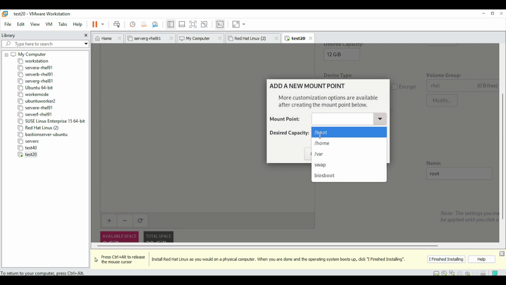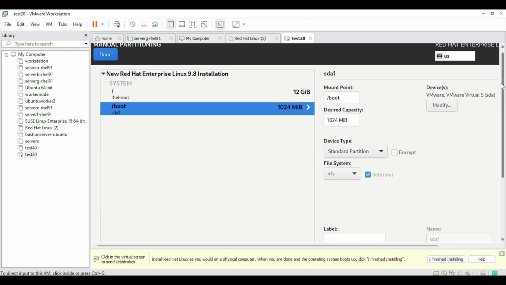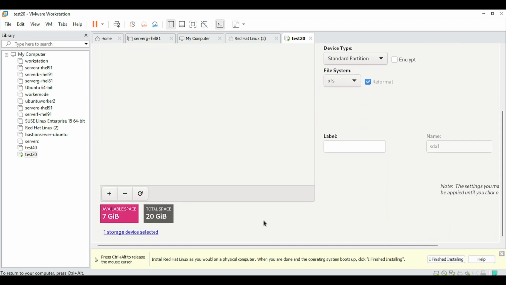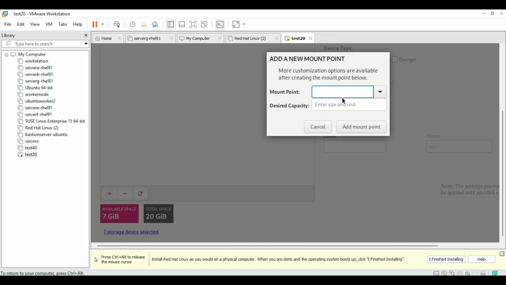Let me choose /boot quickly, add mount point. So you can see here this /boot should always be a standard partition, not on LVM. You can see, okay, this is a standard partition. Then I will choose /var, only 1G, okay, let it be 2 GB at least,